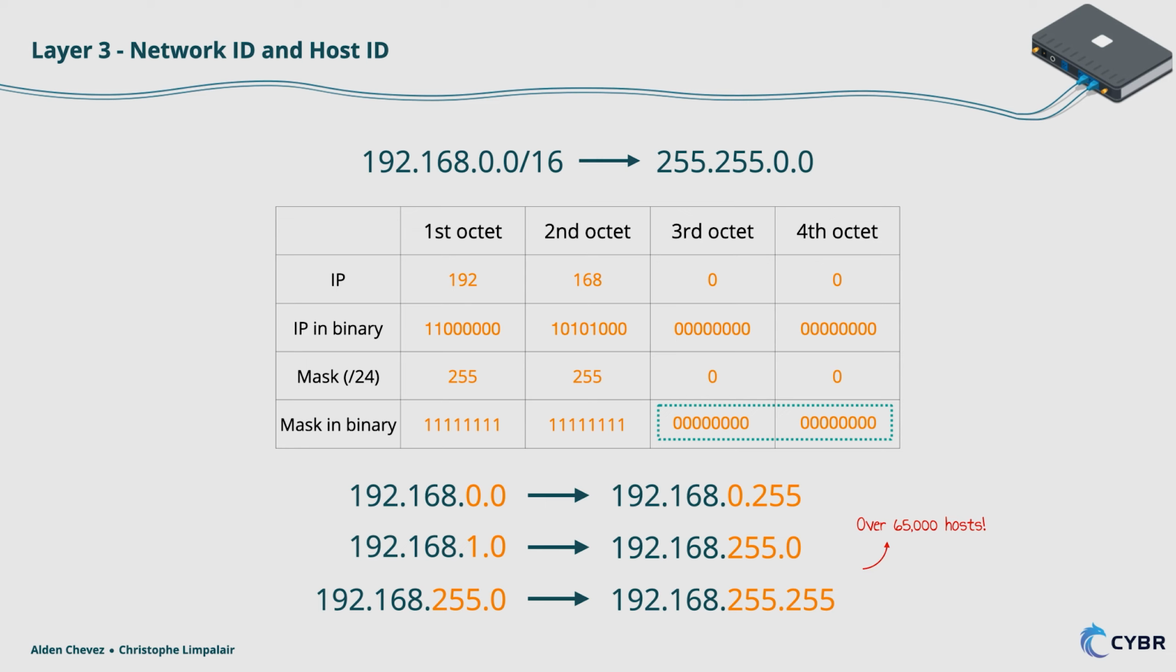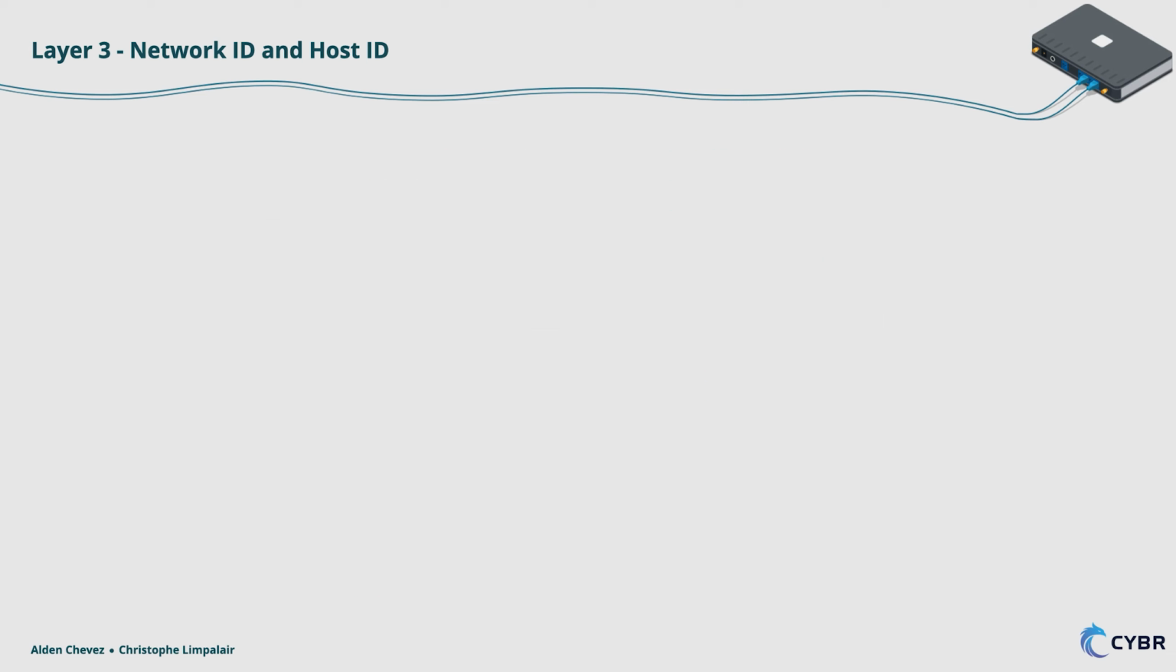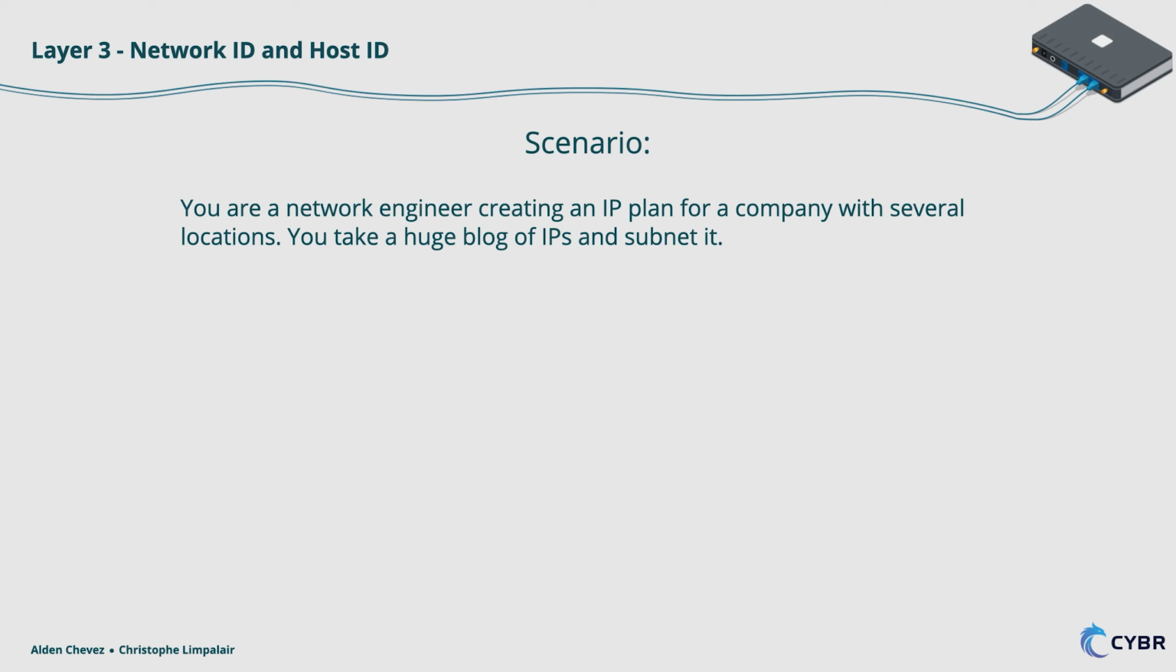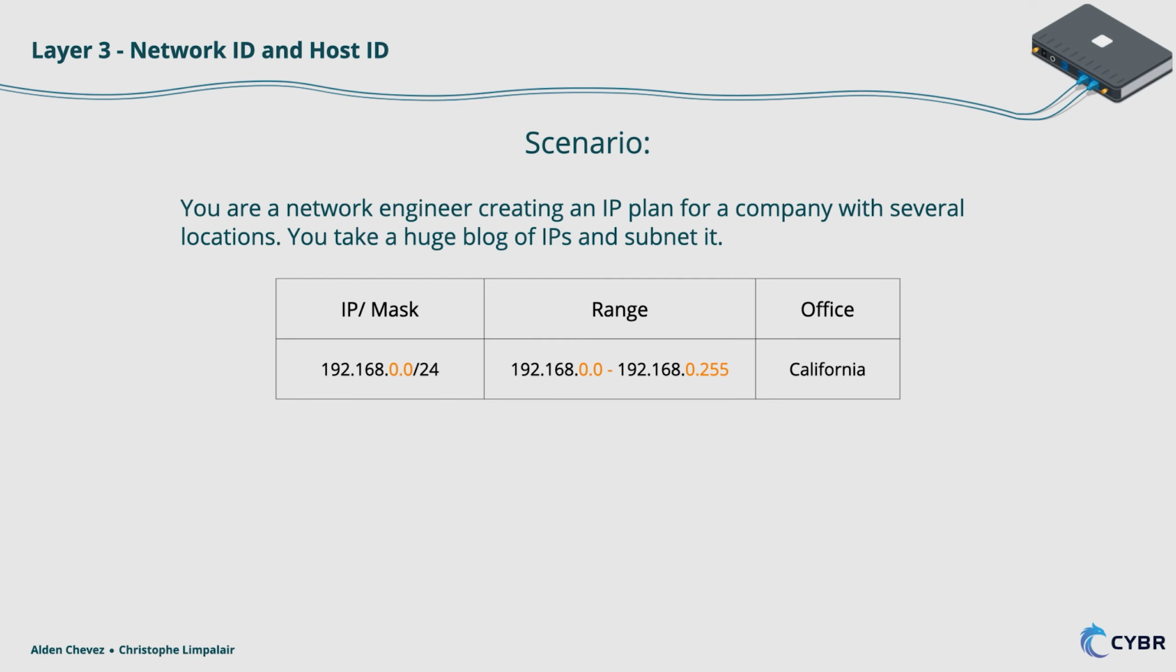Now, as a real-world example, let's say that you are a lead network engineer creating an IP plan for a company with several locations. You take that huge block of IPs and you divide it, which is what we've been calling subnetting. For example, you can divide the previous IP block into several /24s. So you might have an office in California that has 192.168.0.0/24, which would give you a range of